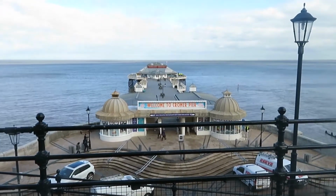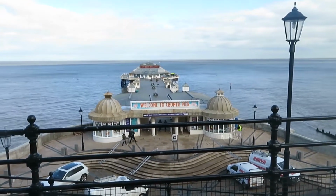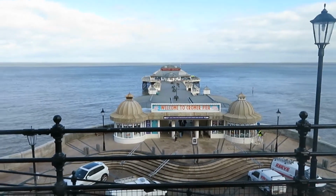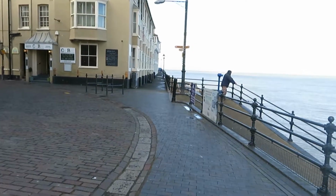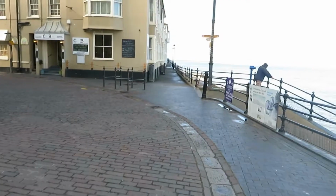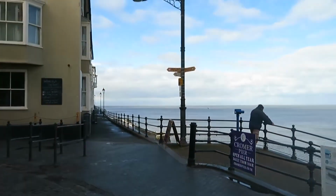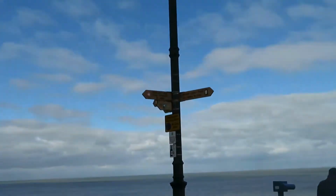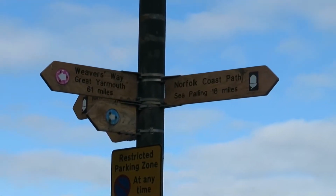Thursday, the 8th of March, Cromer here. This is on the England Coast Path. The sign up here shows it has come from Sea Palling, 18 miles,